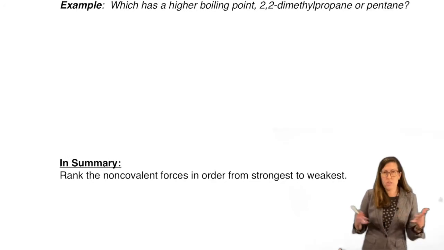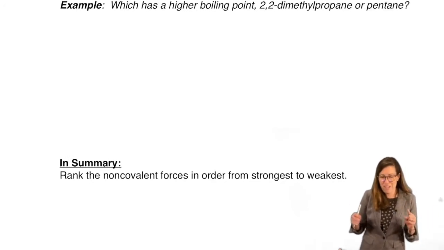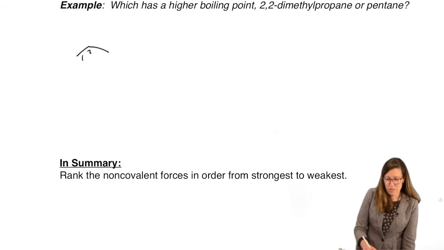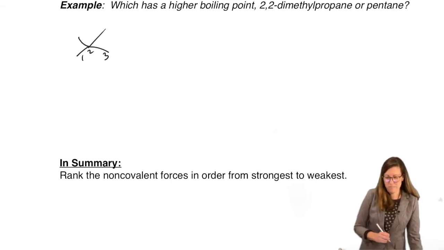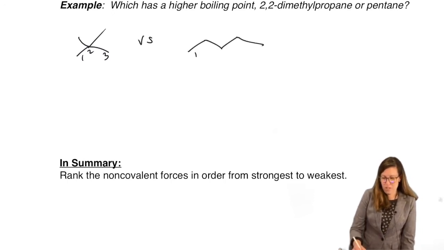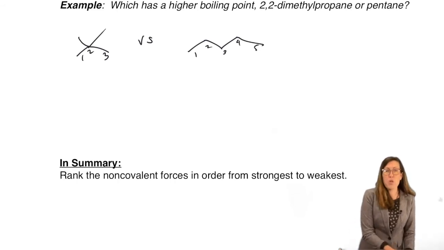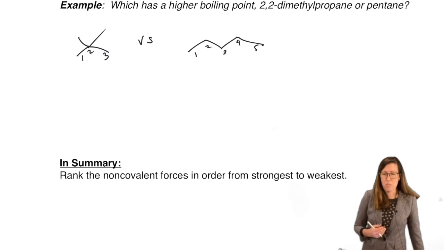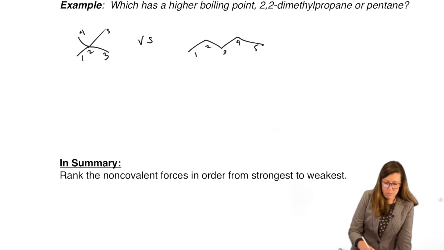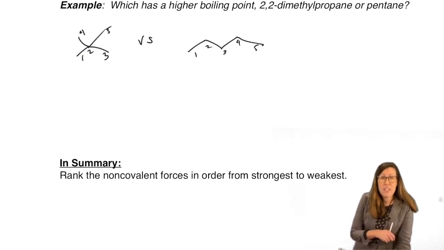Okay, so let's do a couple examples. Stop and think about it. Who has the higher boiling point? 2,2-dimethylpropane. Let's draw that first of all. Propane's the parent. 1, 2, 3. 2,2-dimethyl. There you go. Versus back to pentane. 1, 2, 3, 4, 5. All right, who has the biggest boiling point? In other words, who has more attractive forces? Well, you're actually going to need to think about this because they have the same molecular weight. They both have 5 carbons. So think of the other reason listed as to what can influence the strength of these fleeting dipole forces.